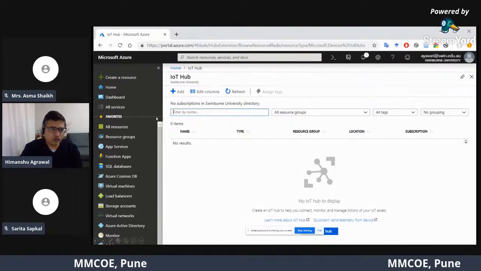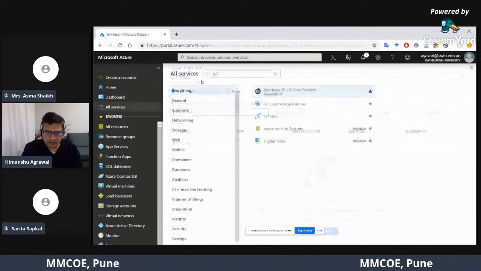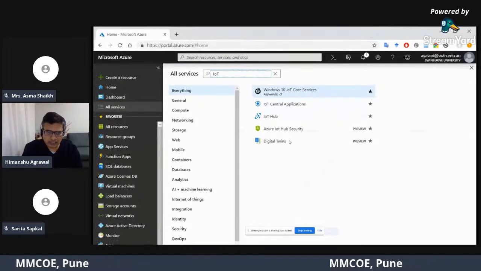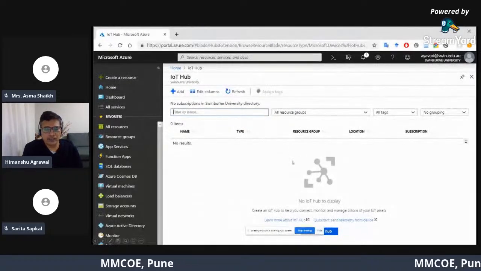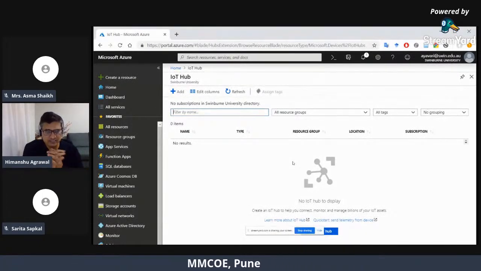Under all services, we click on IoT Hub. You can see here that we are in IoT Hub. In the previous slide, you saw that I have this IoT Hub under everything. So when I open this, I have IoT Hub, and using it, I can now register my device.